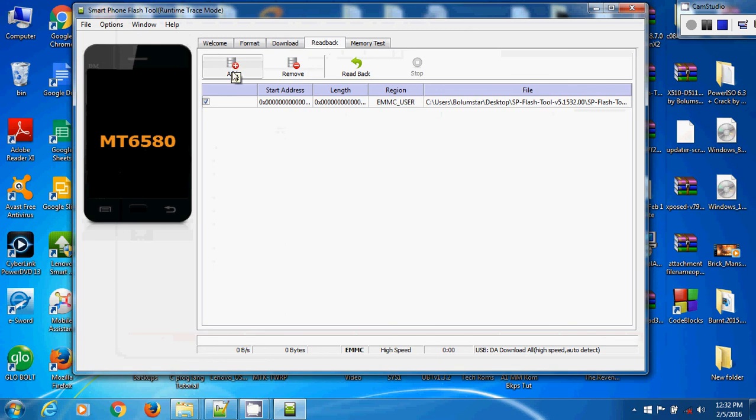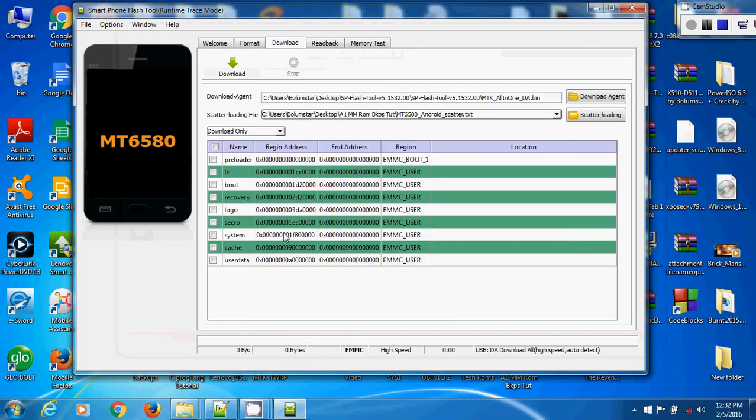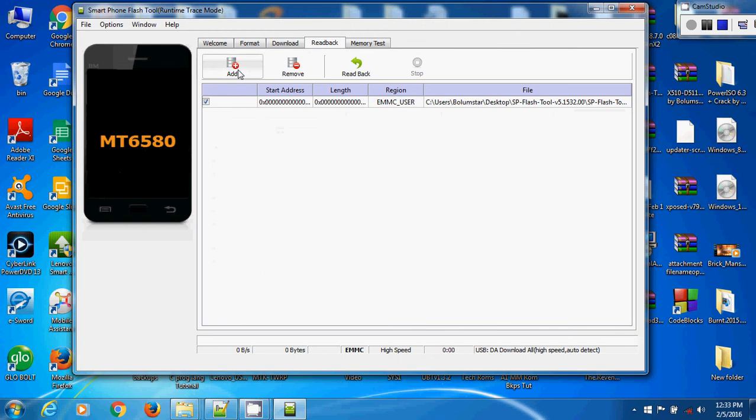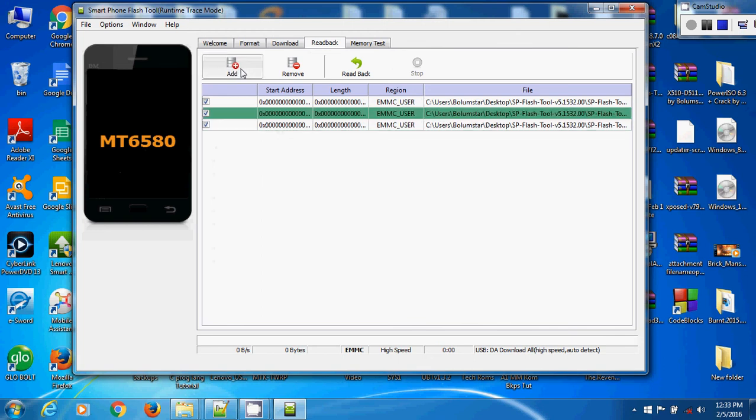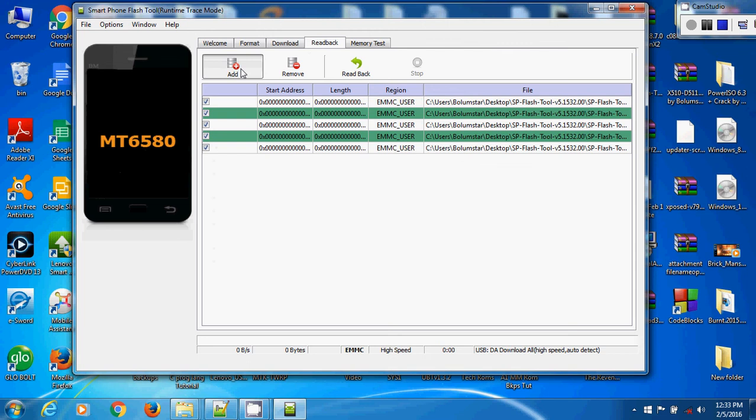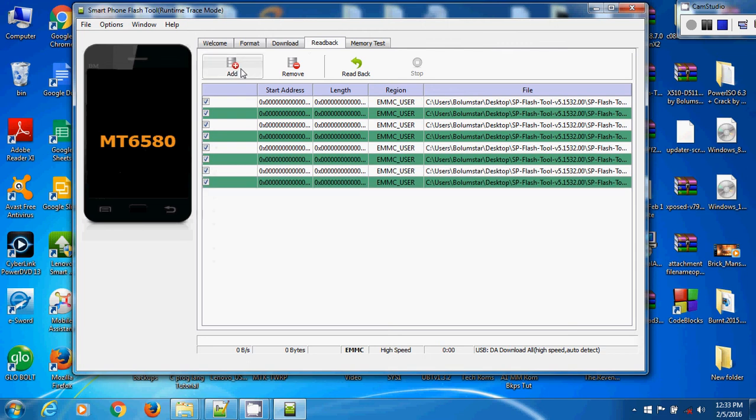I want to read back all the partitions that I flashed from here. All these partitions, I want to read them back. So I want you to see how we can do that. There are 8 altogether. So in read back here, we already added 1, 2, 3, 4, 5, 6, 7, 8. So to modify